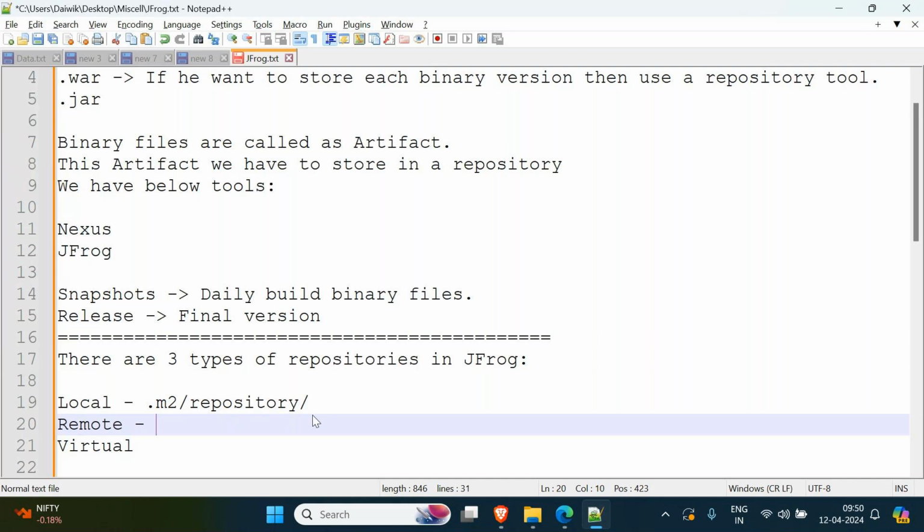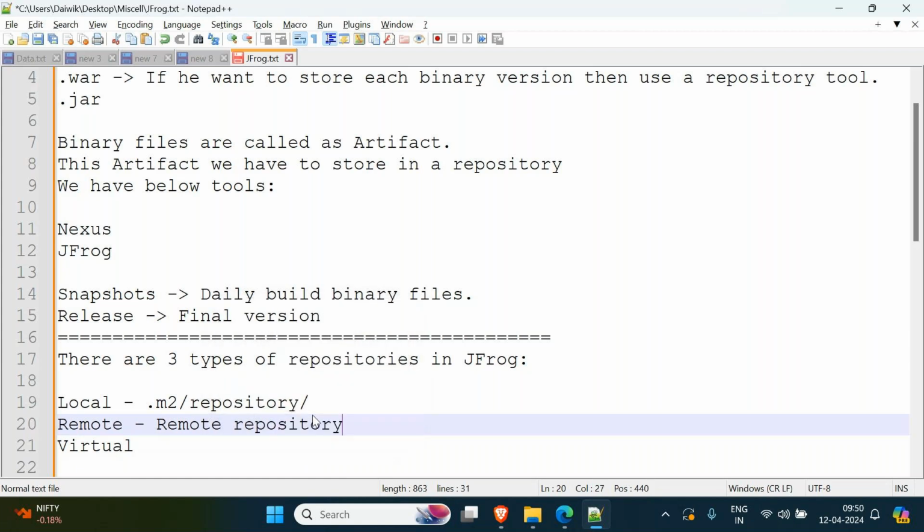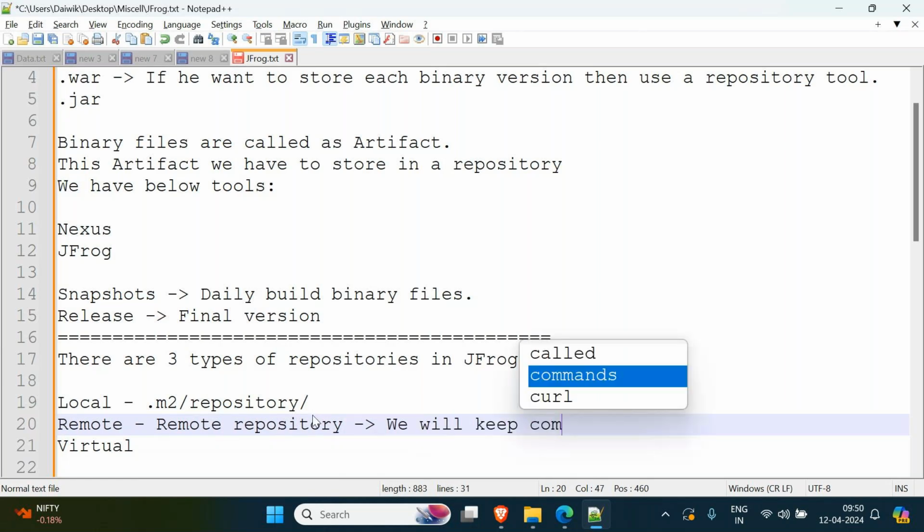For that reason, the libraries should be kept in such a location that every team can access them easily without any manual intervention. Such libraries should be kept in a proper location. That location we call a remote repository. So a remote repository is a place where we will keep common libraries,